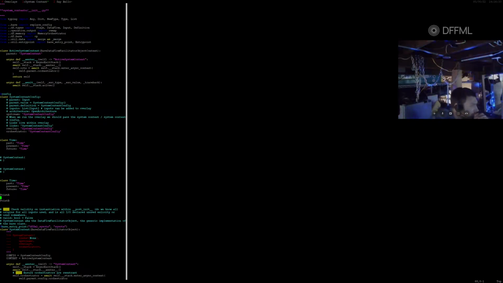How do we get from point A to point B? How do we get from point A to point B with the system context? The system context: the past, the present, and the future of point A and point B. How do we get from point A to point B in time? Well, we know we can only travel forwards in time,